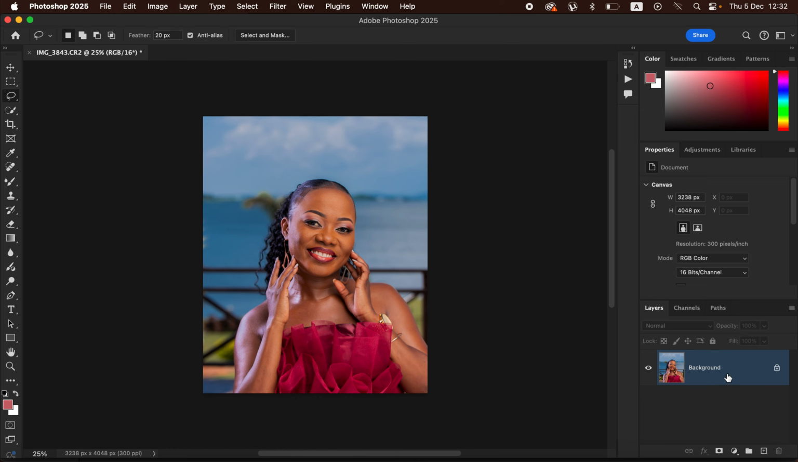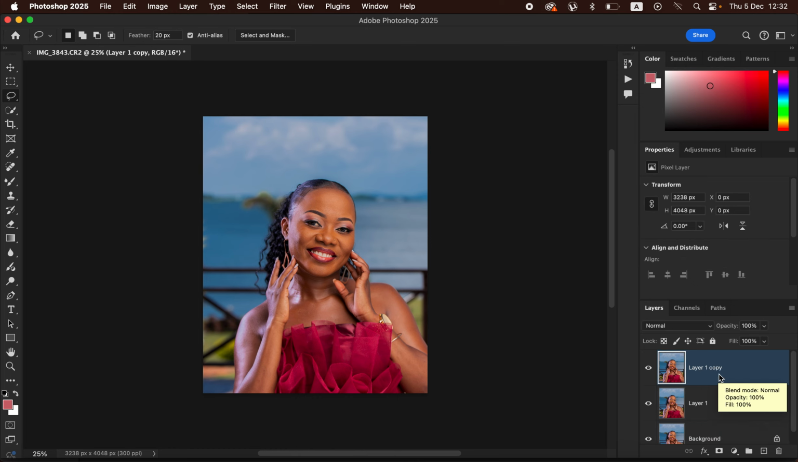So just come to this background layer and simply create two layers by pressing Ctrl J, or you can use Command J on the keyboard. Double click to rename one to low and double click to name the other to high. After doing that, we're going to hide or turn off the high frequency layer and simply select